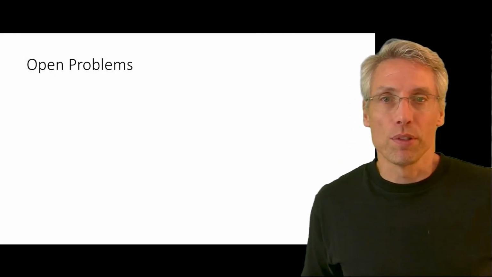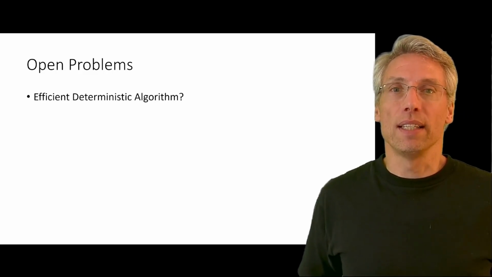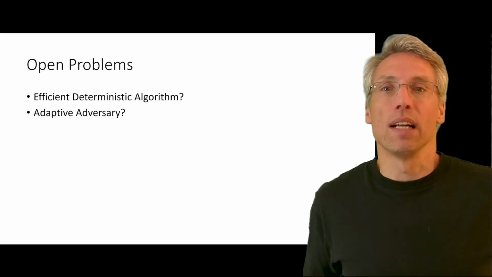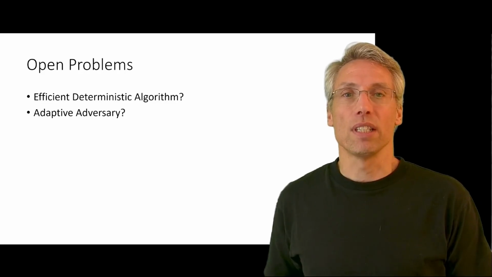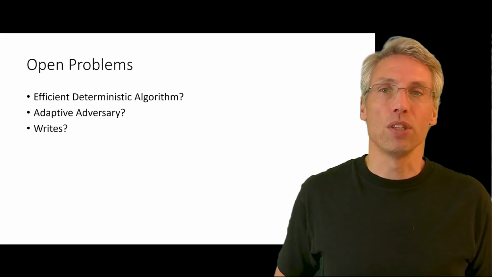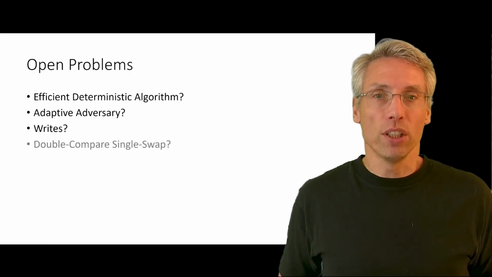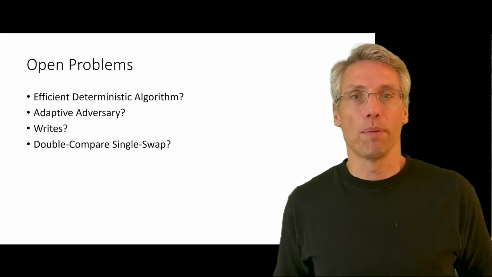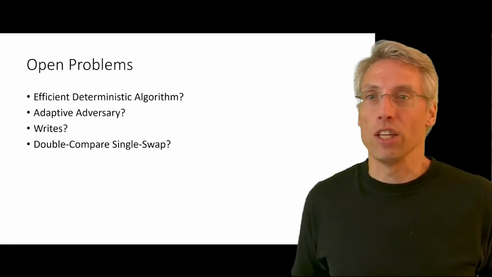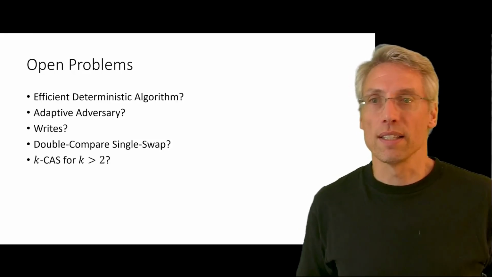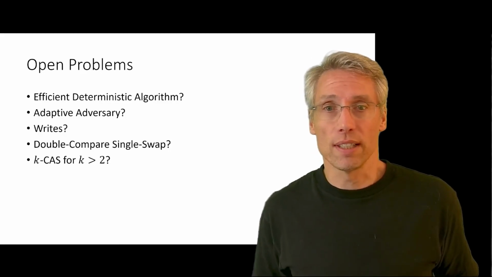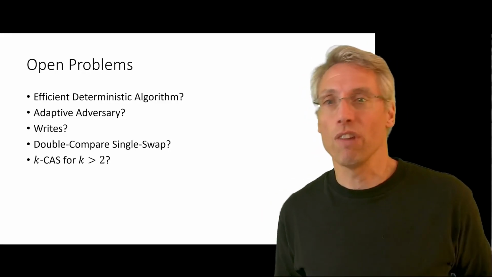There are a number of open problems. For example, whether there is an efficient deterministic DCAS algorithm with sublinear step complexity, or at least a randomized algorithm against an adaptive adversary that can see the results of coin flips. It would also be nice if we could support write operations, and this may not be super difficult to do. A very important open problem is to support double compare single swap operations, which would allow processes to compare against 2 array entries, and if both match, to change only one of them. And of course, there's the natural question if this can be extended to KCAS for k larger than 2. This operation is like a DCAS, but it supports operations on k registers instead of only 2.